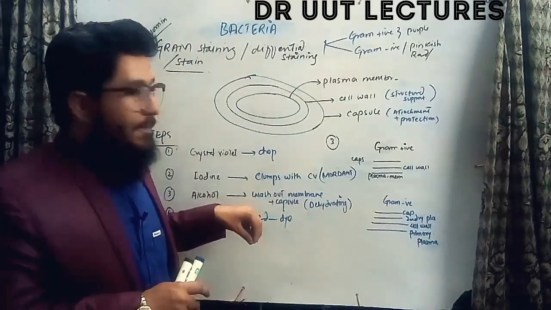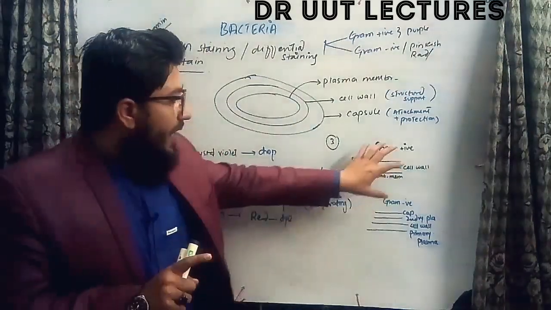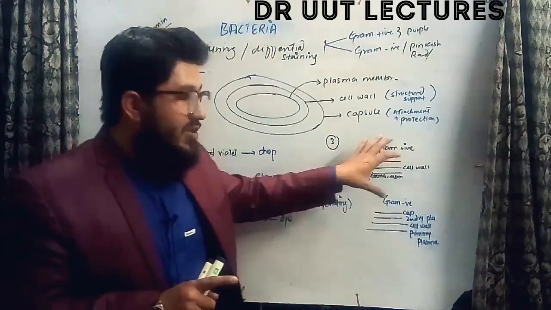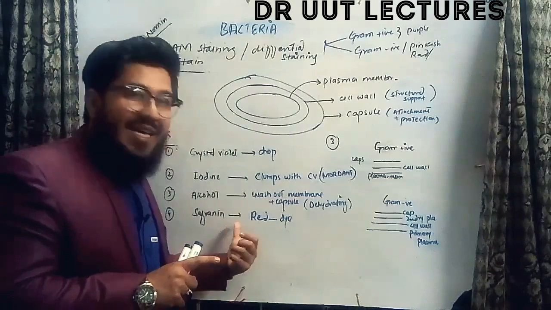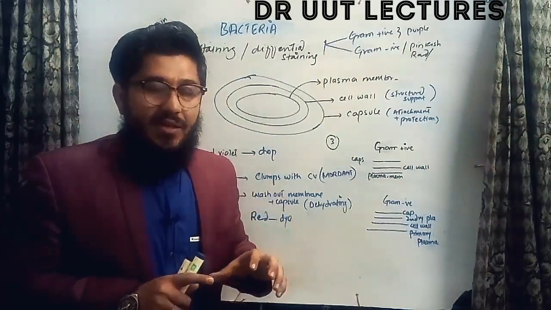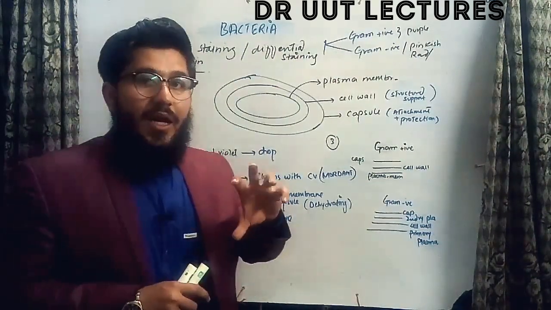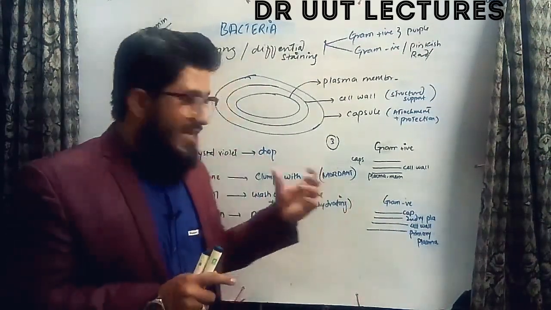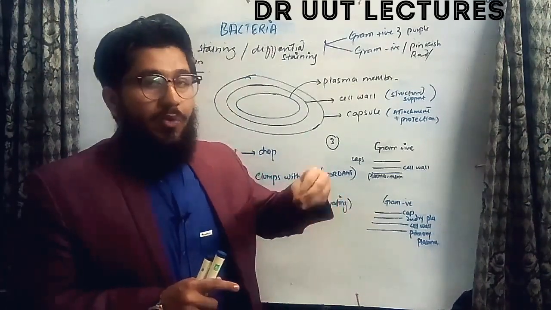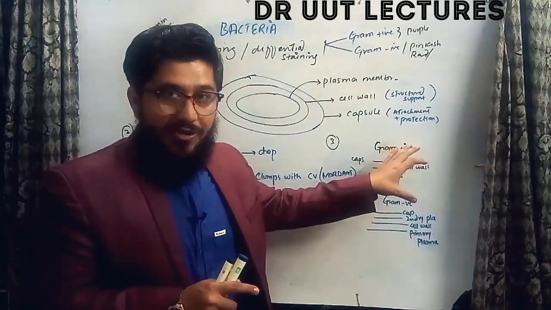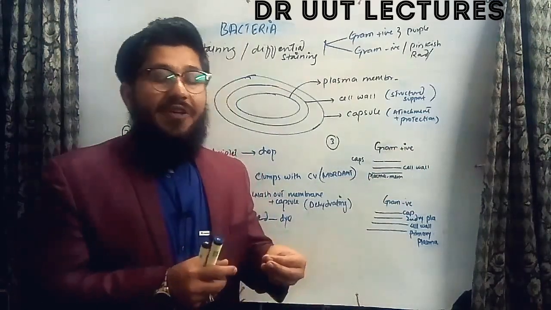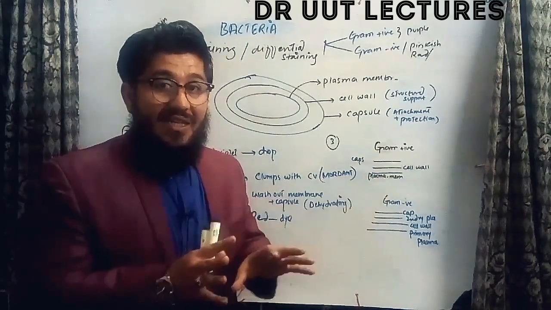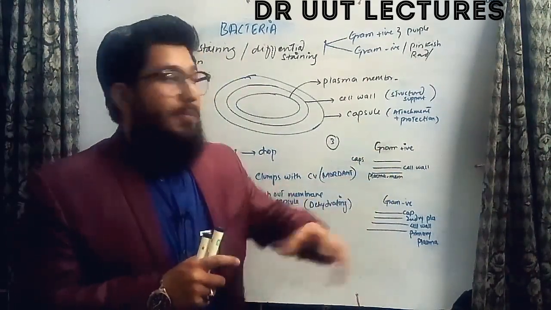So when we apply this color, according to one logic, the gram positive will not be stained. According to another logic, the gram positive will be stained, but this dye has got a dull color, weak color. Means that the crystal violet color is actually a kind of dominant color as compared to safranin. So according to one logic, the safranin will not bind or will not be diffused into the cell wall of the gram positive bacteria. According to another logic, the safranin will be diffused, but it is kind of dull, due to which the gram positive will be actually showing the purple color.